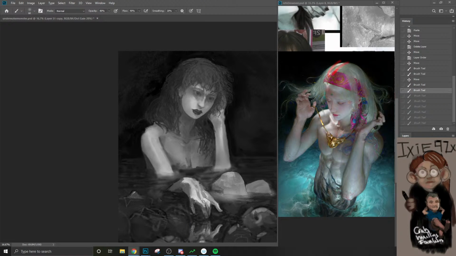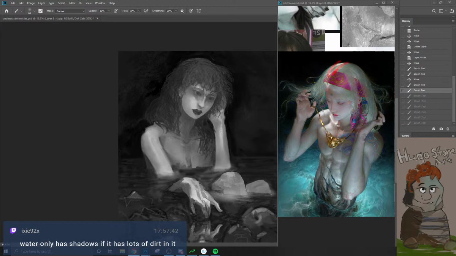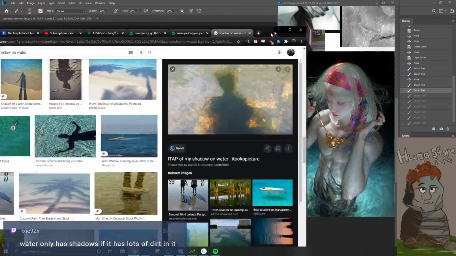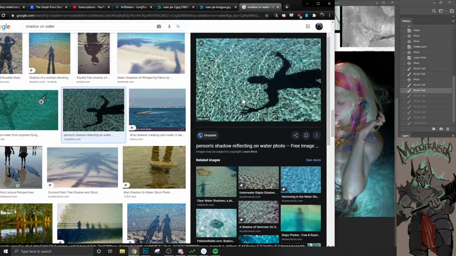It does look like water takes shadows. That wasn't a point that I was looking at. It does look like water seems to take shadows. Doesn't seem like it's a problem. Like here, this is the exact color palette. If an object exists and it gets hit by water,